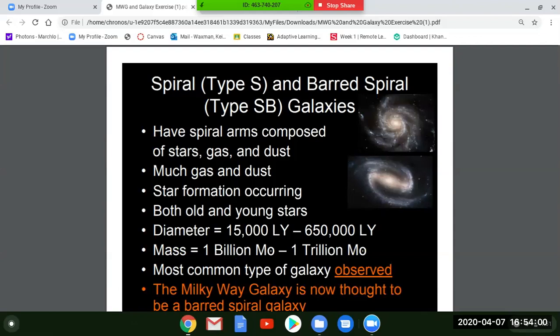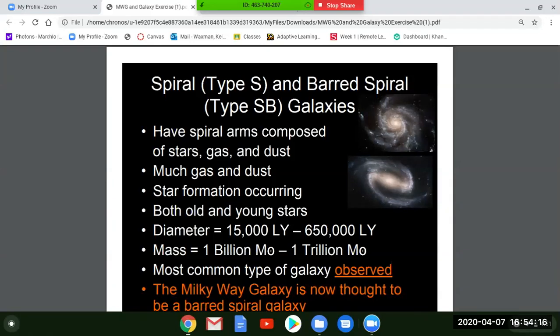Well, they have spiral arms composed of stars, gas, and dust. They have a lot of gas and dust. That's good to know. They have a lot of gas. It means there's star formation occurring. If there's star formation occurring, that must mean there could be young stars there, if there's stars being born, and